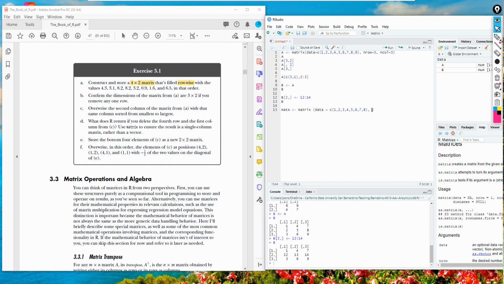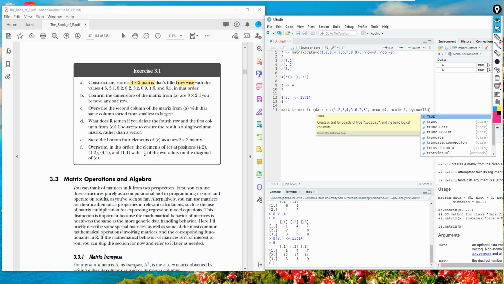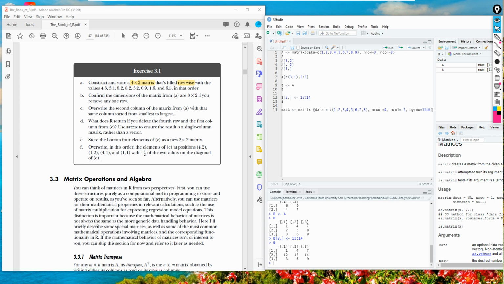The row dimension is 4, and the column dimension should be 2. And they said row-wise fashion, so row-wise has to be true. That's basically the answer.